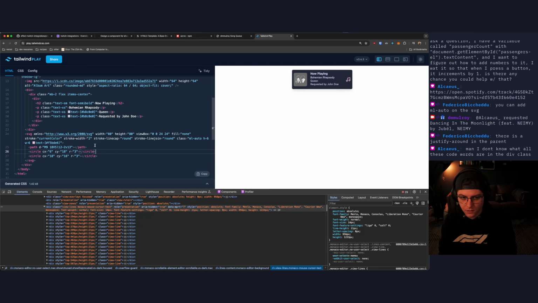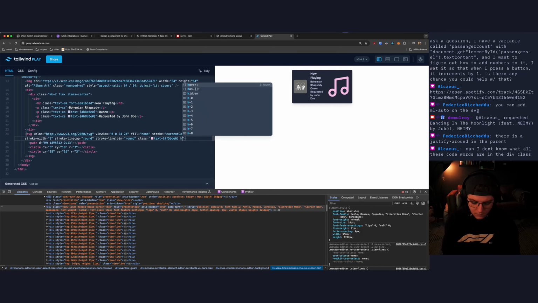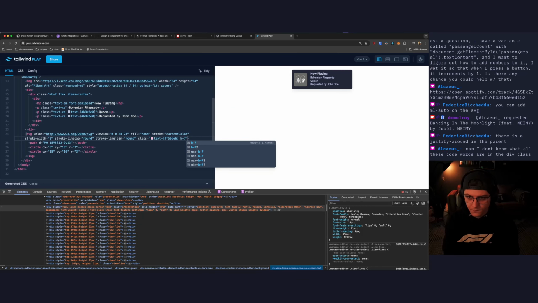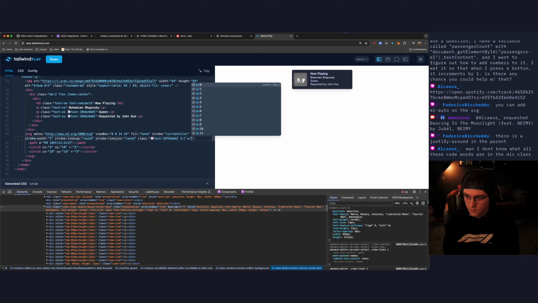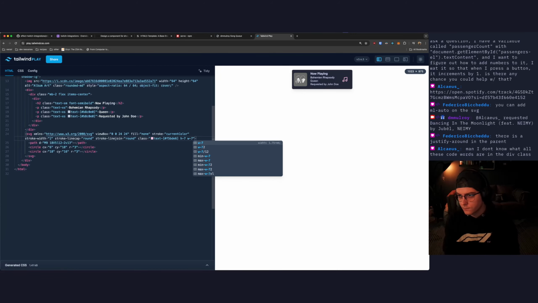That doesn't change at all. Oh, it's because I have a height and width here. Alright, so we'll set the height and width via Tailwind. H7. U7. That looks pretty good.